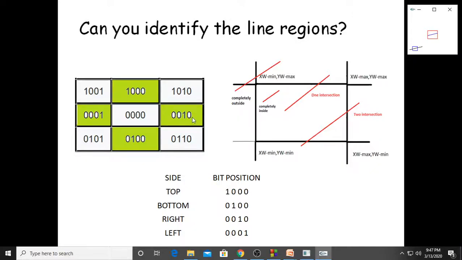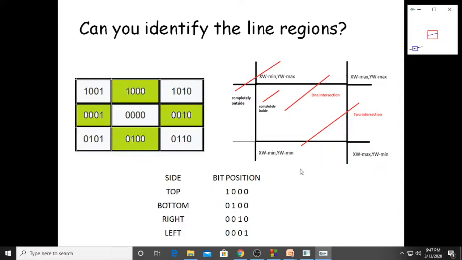Now I have combined both the images. So these are the possible input lines and this is our clipping window, the 9 regions. So can you see this line and identify which regions the lines are falling on? Take this line, this line is only inside. A line will have 2 points, this is one endpoint and this is another endpoint. So you will have both 0, 0, 0, 0. Like that, can you identify all these 4 lines?